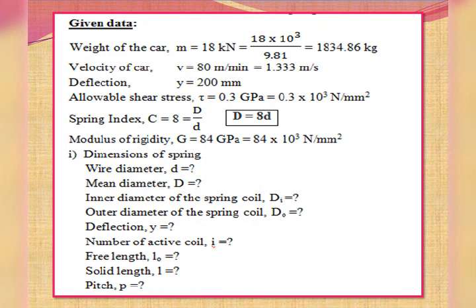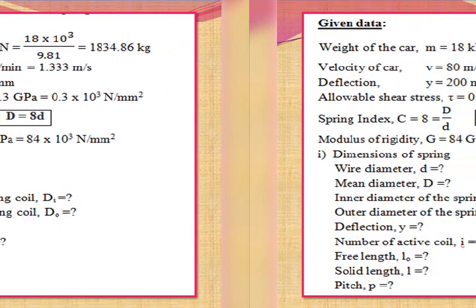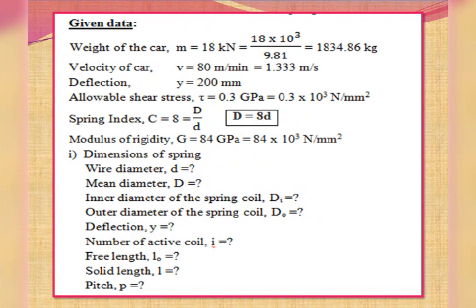Suppose this weight is stationary, then we can take it as a load on the spring, but it is a moving mass. That's why we need to obtain the load on the object later. That will do later. At a velocity of 80 meters per minute. So velocity of the car v is equal to 80 meters per minute. We'll convert that into meters per second. So we are getting 1.333 meters per second after dividing 80 by 60. Brought to rest by a buffer spring of 2 helical springs. So here we are supposed to be careful. Here he has given that buffer spring of 2 helical springs, that we need to consider later.